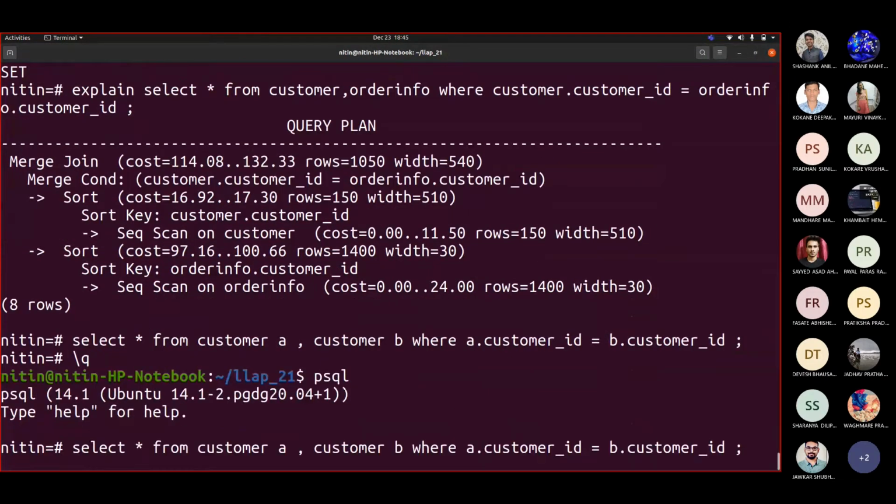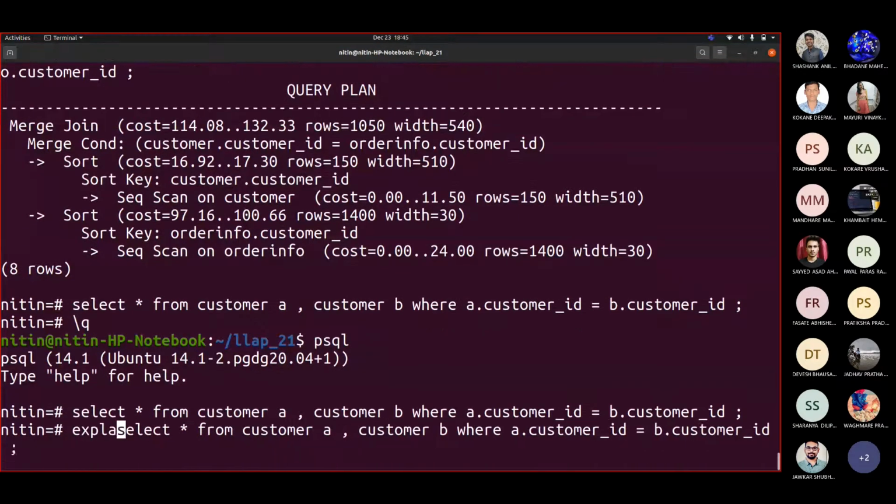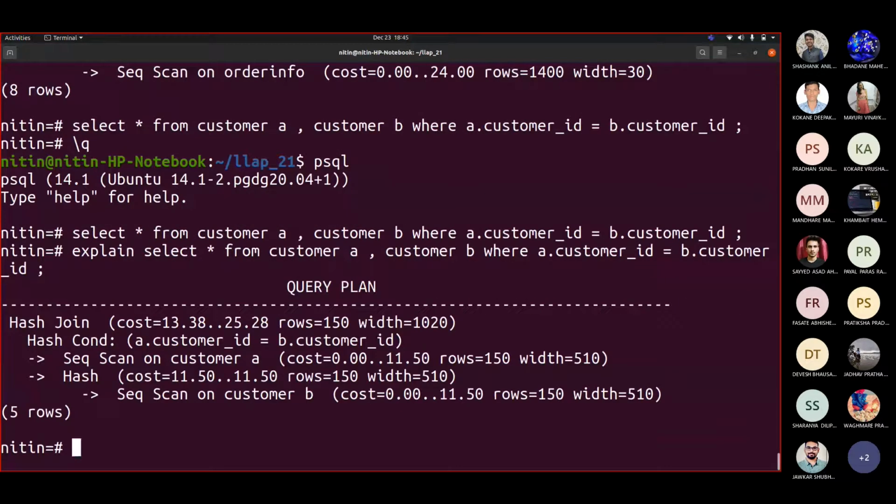Let me do this. Now let me write explain. Now still it is taking hash join, though now I am using the same table where it is very easy for me to match the data. So what happens then if I disable this hash join?